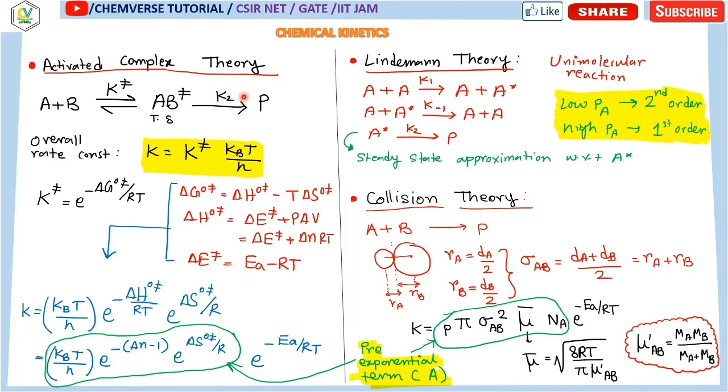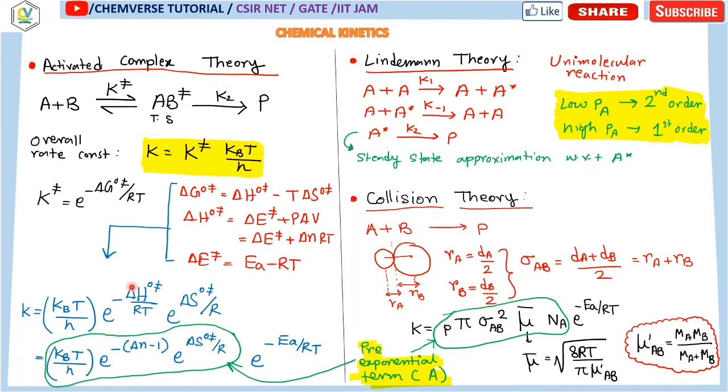This is for the activated complex theory. It says that the activated complex is nothing but the transition state. Okay, so you can see that the overall rate constant is nothing but the equilibrium constant into kBT by h, where kB is the Boltzmann constant. I have already discussed this derivation in the MSQ lecture series, so please do watch that. Then it will be understandable to you how this expression is derived.